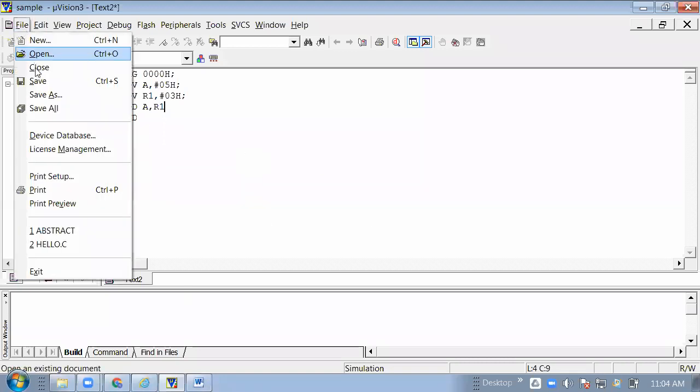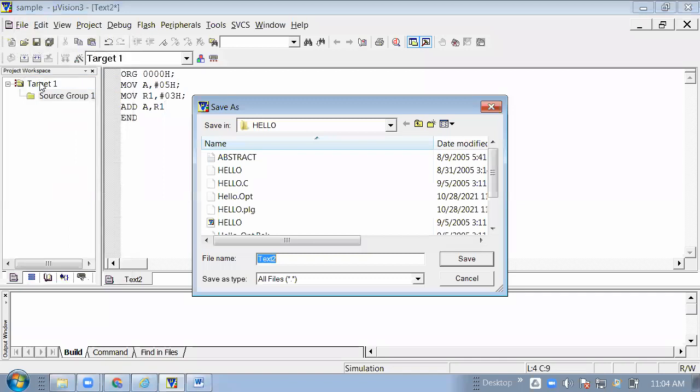Okay, then you have to save this file. Give the name of the file, suppose I am giving first dot asm. Then save this file.